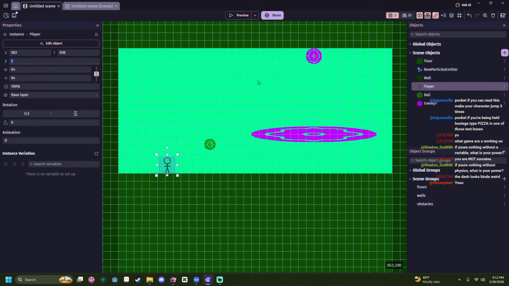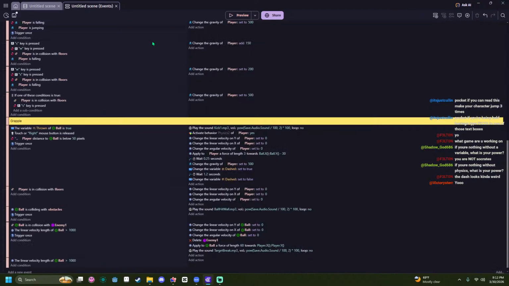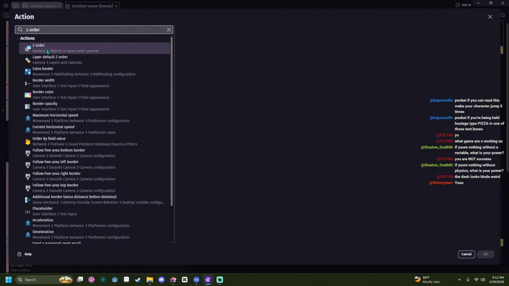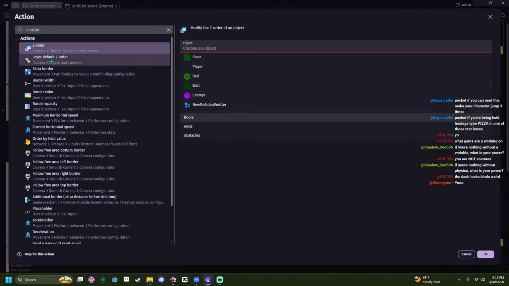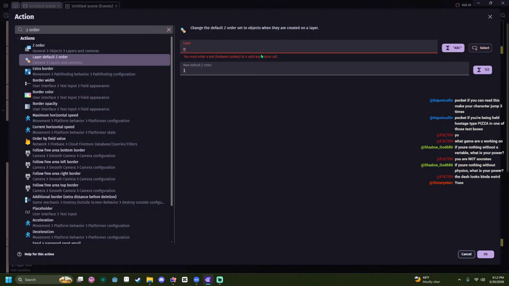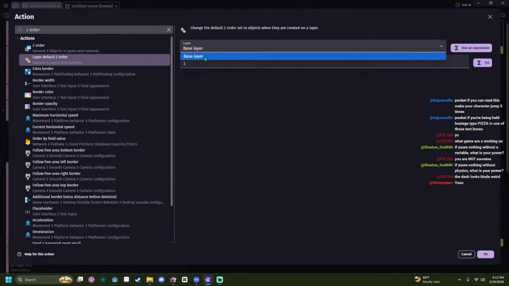Put this at 9, actually. Z order, little default layer. Z order, make it like 1 on the base layer. Not the equal sign. Why would it do that? Layer. Select the goddamn layer. Base layer.